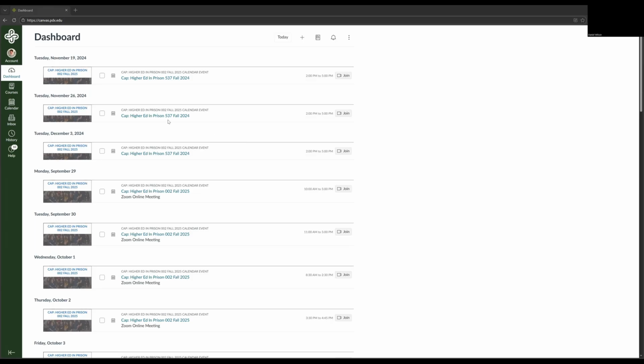So, when we look at Canvas, the very first thing that you're going to see when you enter the platform is the main dashboard. Yours is going to look different from mine. It is based on what classes you're currently taking, and at first glance, it looks like a big mess of different things, particularly once you've gotten a little bit further into the term, showing you events, announcements, assignments, anything else that you can think of. So we're going to ignore this for now, and we are going to take a look at the left-hand side